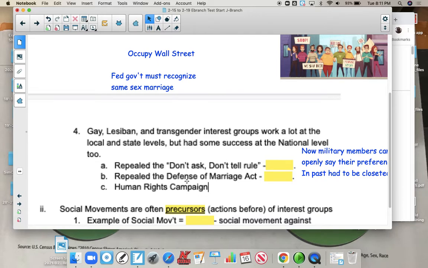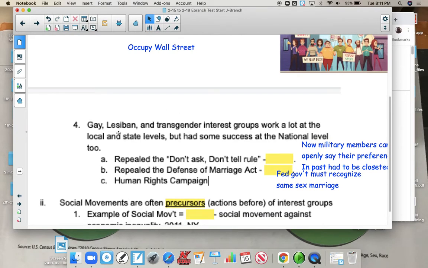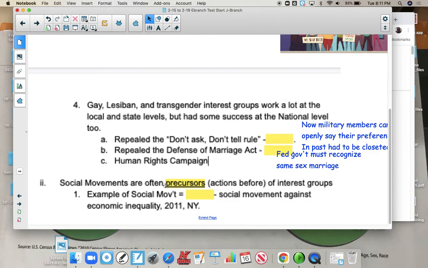They also repealed the Defense of Marriage Act, and here's what that did. The federal government at a time in pretty recent history, in Bill Clinton's administration in the mid-90s, said that the federal government didn't have to recognize same-sex marriage, but they repealed that, and now the federal government does recognize same-sex marriage. And that group